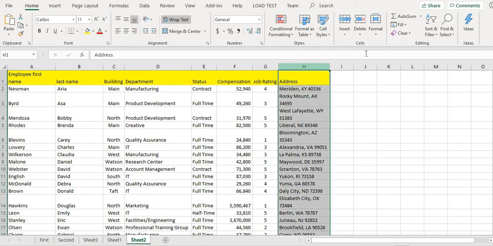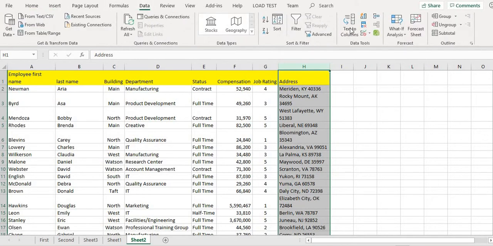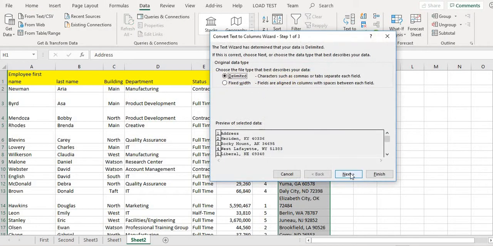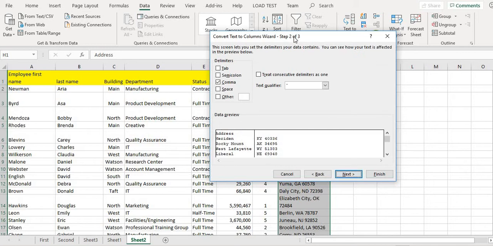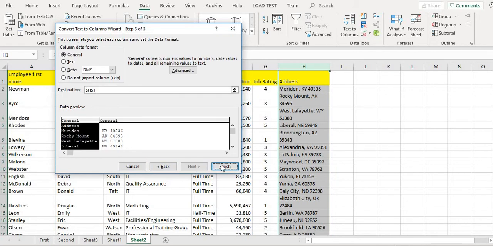You can select this, go to the Data tab, go to Text to Columns, and then Next. Now you see the data, there is a comma, and then a space, and I need to get the postcode. So first I'll delimit with this comma, and then after that with a space, comma, next, finish.